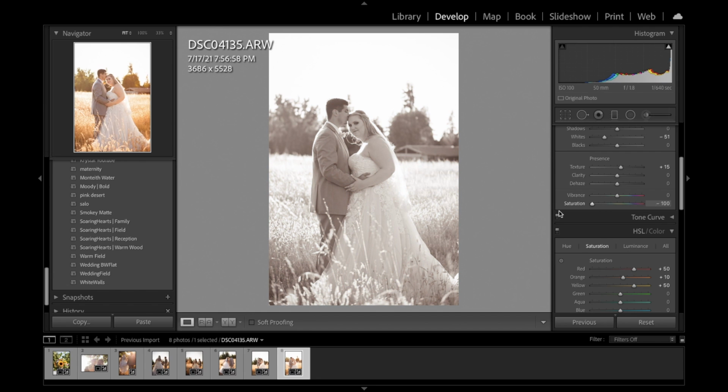I'm just gonna bring this down just to show you, okay, this is what I'm working with. Let's kind of go. We're at -25. I mean, it looks good, but you can tell overall it's really yellow. So let's